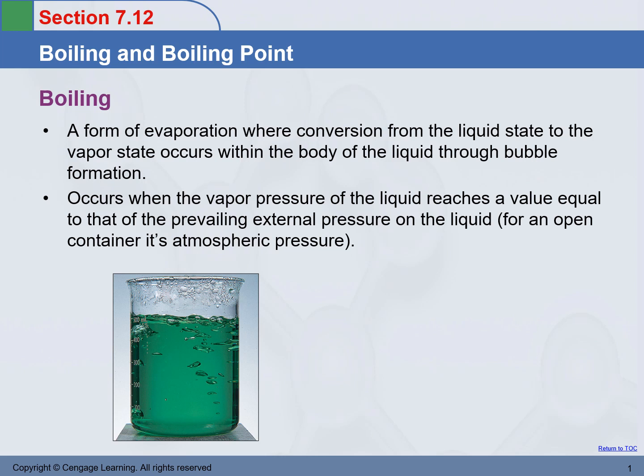Well, it only occurs when the vapor pressure of the liquid is the same as the external pressure exerted on top of the liquid. Well, I think we all can understand what this statement is talking about. But why? What's going on? Why, when the external pressure equals the vapor pressure, will vapor be formed within the body of a liquid? Well, this is how we're going to understand this.